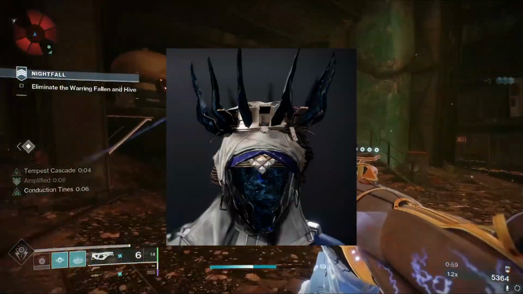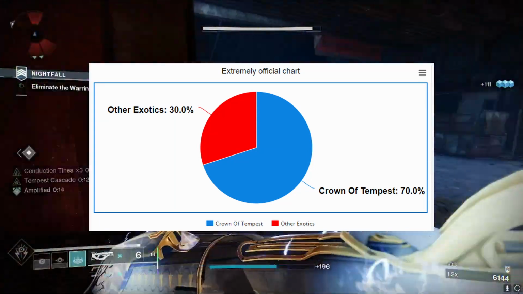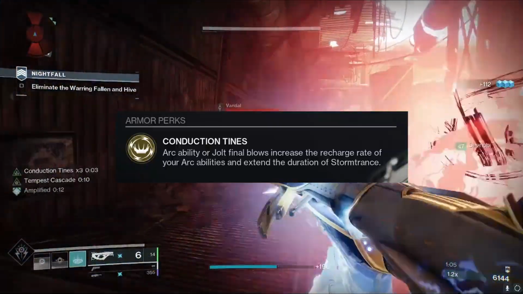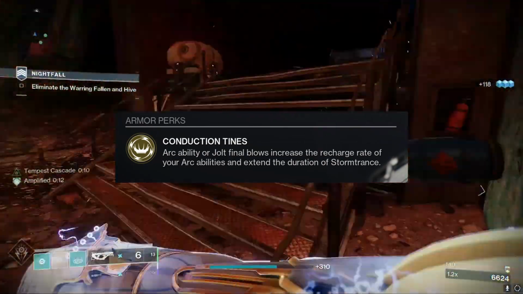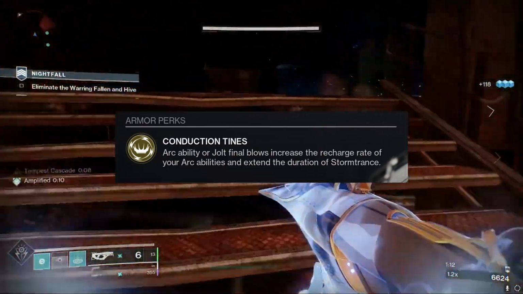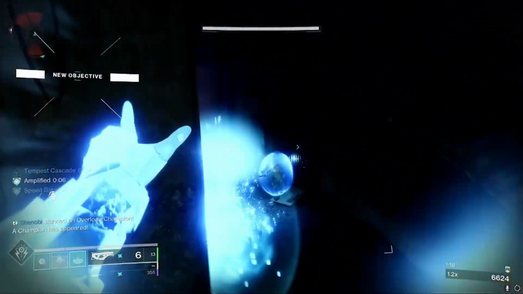We're going to be using Crown of Tempest, an exotic used in about 70% of Warlock builds this season, and for good reason. The main perk causes arc ability final blows or jolted kills to increase the recharge rate of our abilities, and that includes our super, producing insane amounts of ability energy and prolonging our super